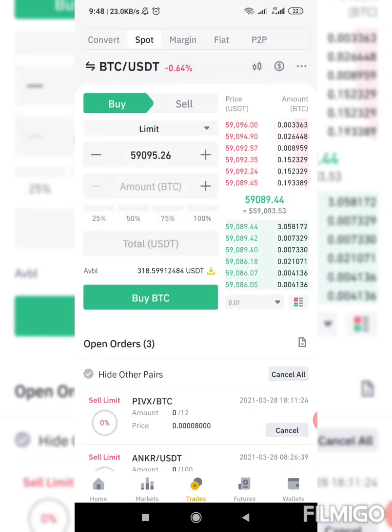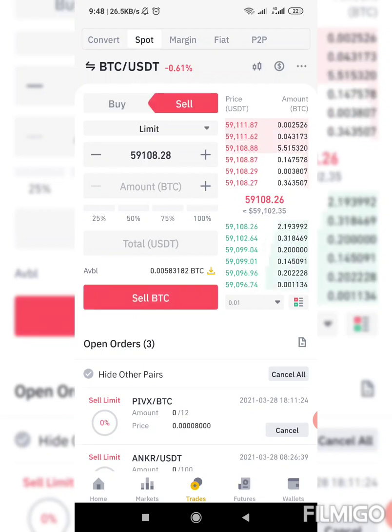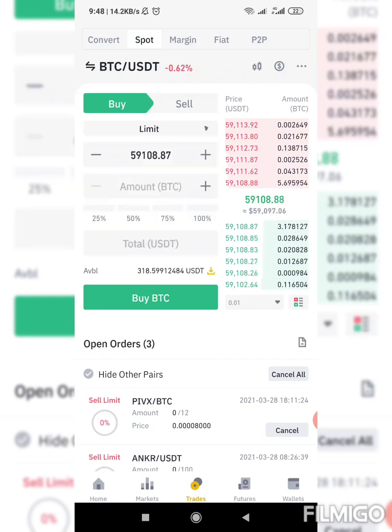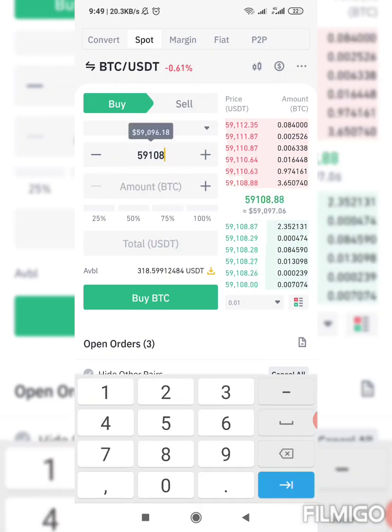Limit is available for both buy and sell. As you can see, I can change it to sell and I will still be seeing all this. I can change it to buy and I will still be seeing all this. Now if I'm doing limit for buy, what I'm doing is attempting to buy at a price that is lower than the current price. For example, the current price of BTC now,